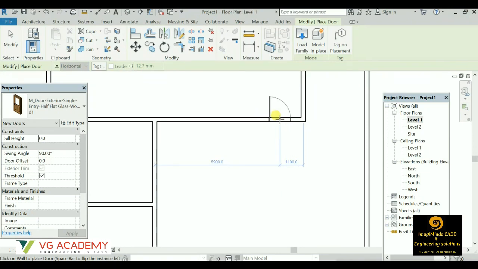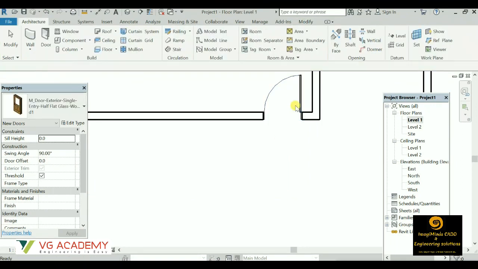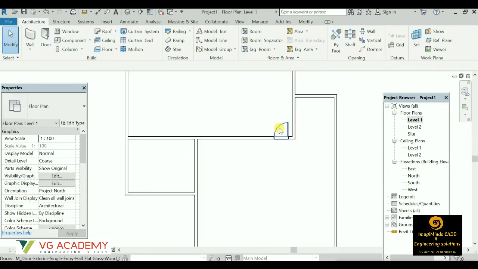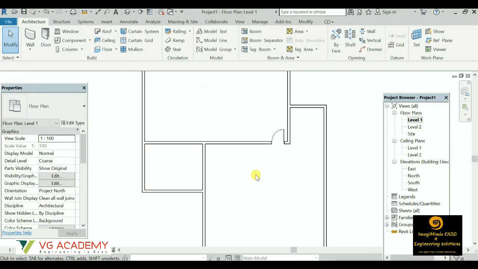So with the help of this space bar, you can change the swing, and the direction of opening I already told you. The side face of the wall, whichever you'll be placing the cursor, the door will be opening on that side. So let us say we'll place it over here. Now once we select, with the help of these arrow keys, the direction can be changed, or the swing path can also be changed. Then again I can select it, then from here also the door can be changed.